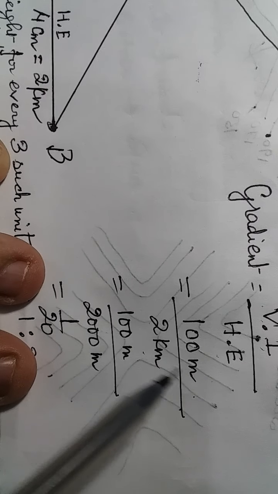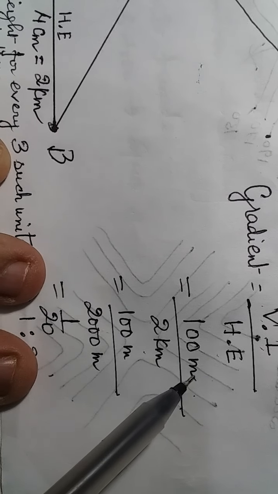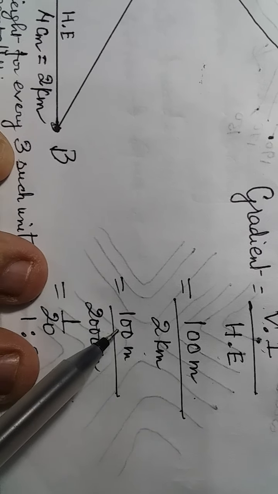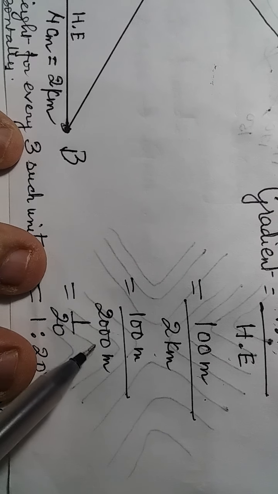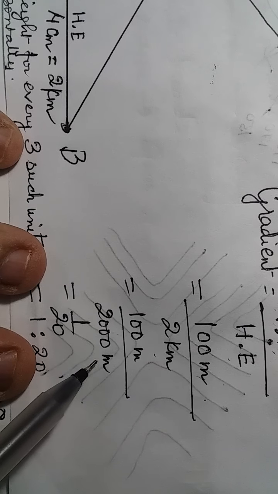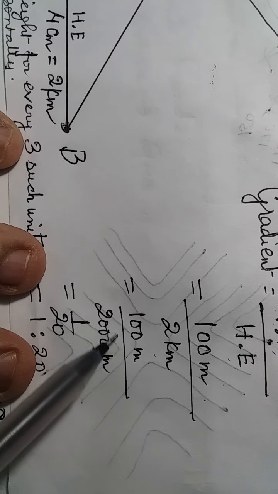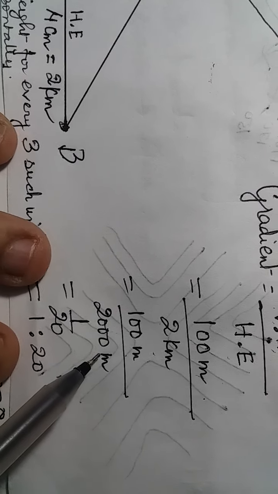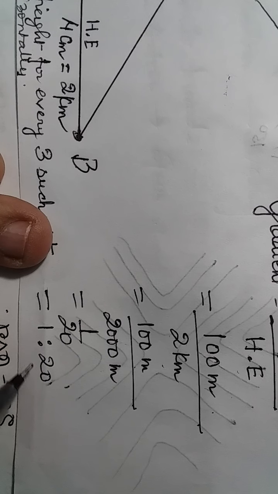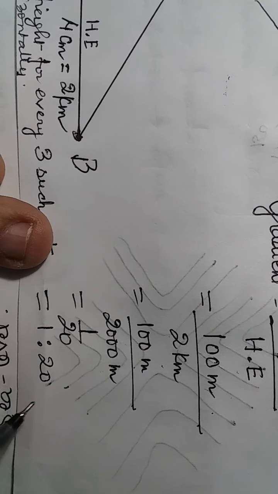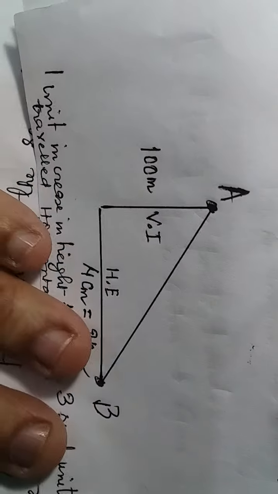Now since it is a ratio, the units have to be made the same. So in the numerator it is 100 meters. In the denominator, by changing the unit to meters, it comes to around 2000 meters. And therefore the ratio is 1:20. So this is the gradient, 1:20. It means,